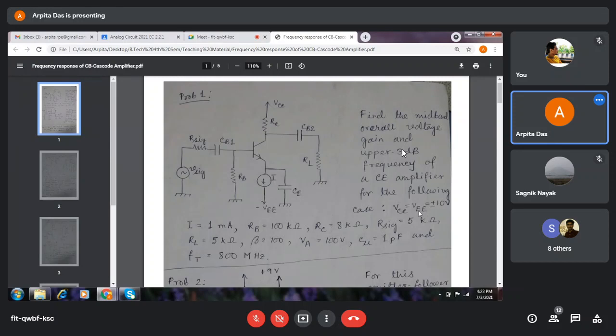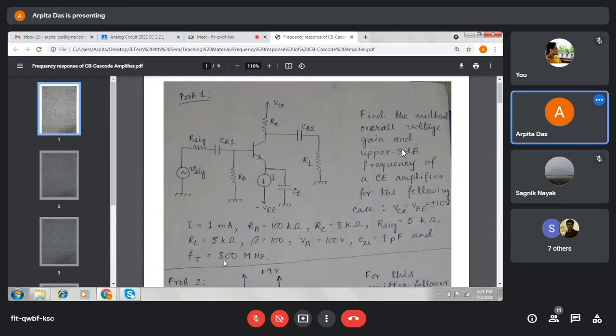Say the voltage source values, the current source values, and the resistance values are given, beta of the transistor and also the early voltage. Additionally, the junction capacitance value C mu is given, and the cutoff frequency of the CE amplifier